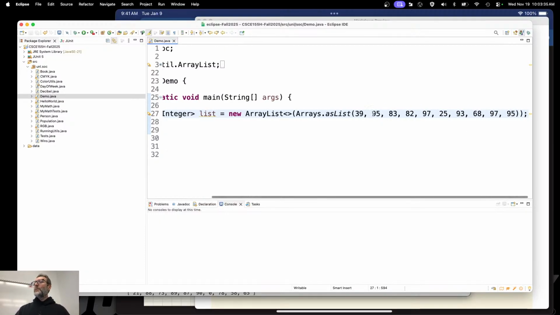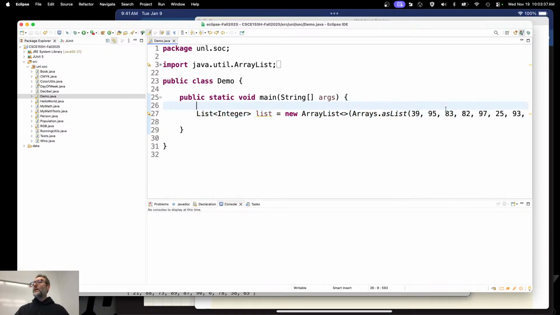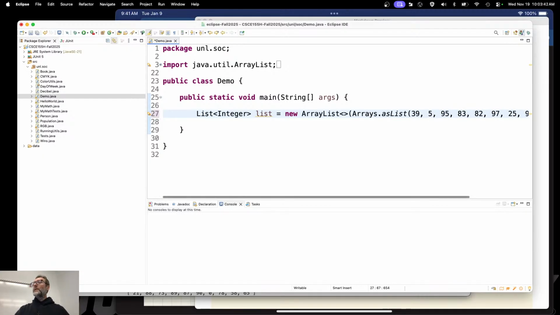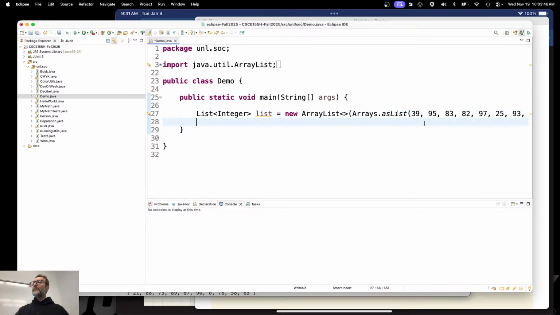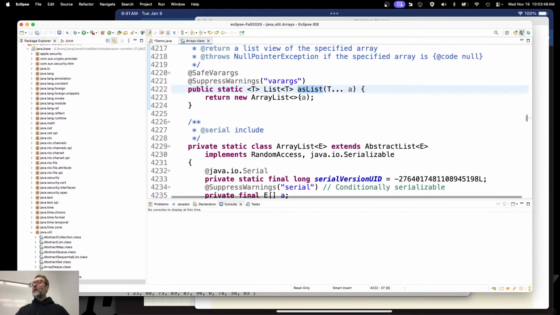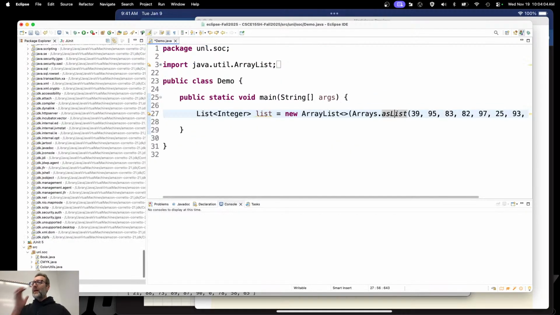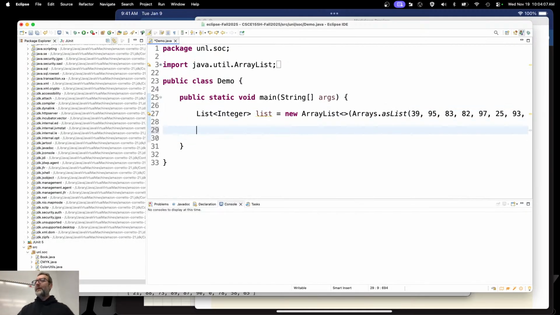If you've never heard that term before, it's a variadic list, meaning that the number of parameters can vary. I can put 11 in there. I can put 10 in there. I can put 5 in there. And it's all the same, right? If we take a look at this, the way that this is achieved is through an ellipsis, or whatever you want to call it, right? That's how you can do variadic. Okay, so it's probably expanding out and doing it for me. But anyway, I've got my list now, okay?